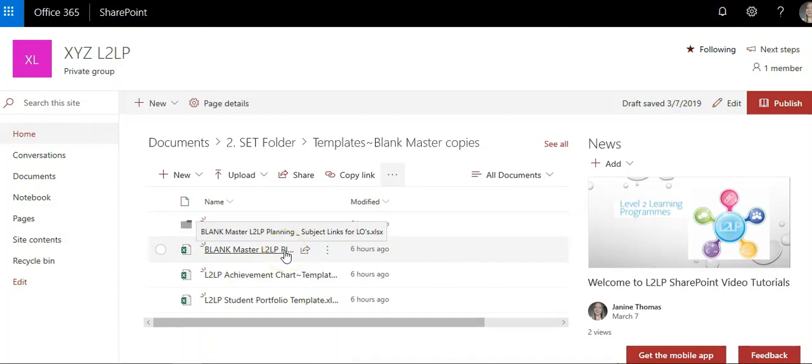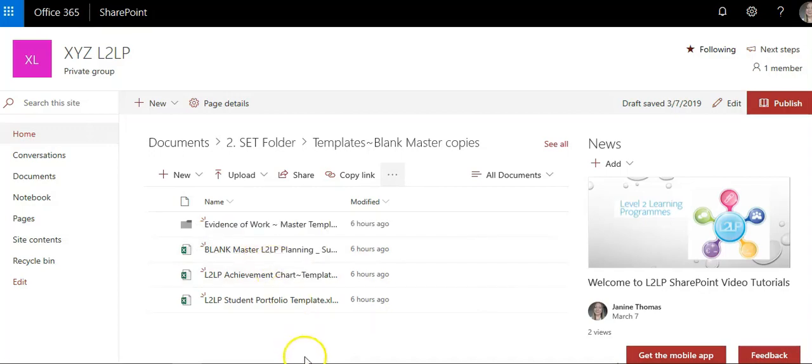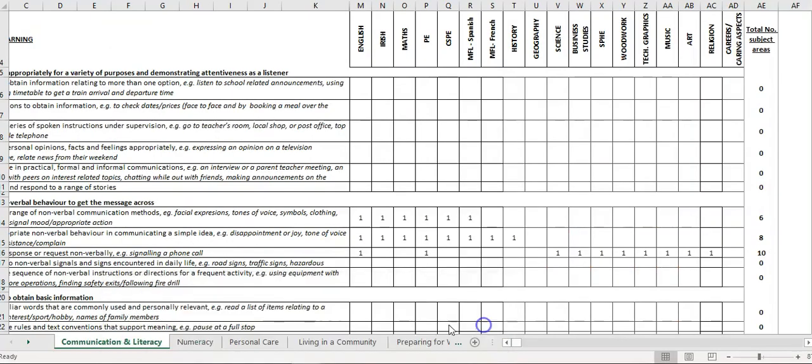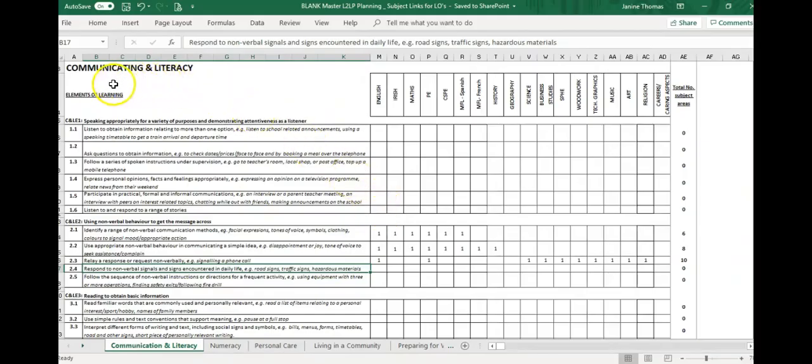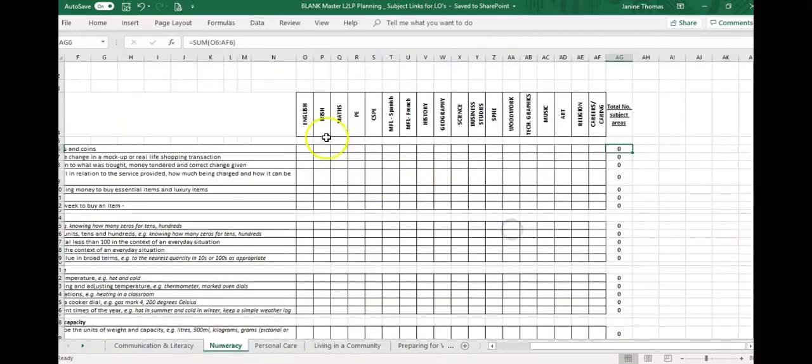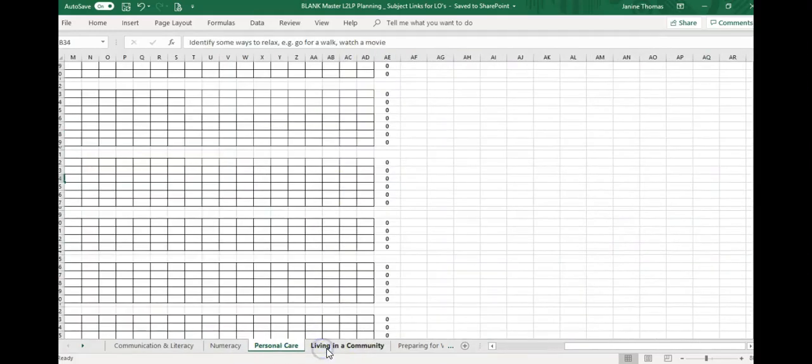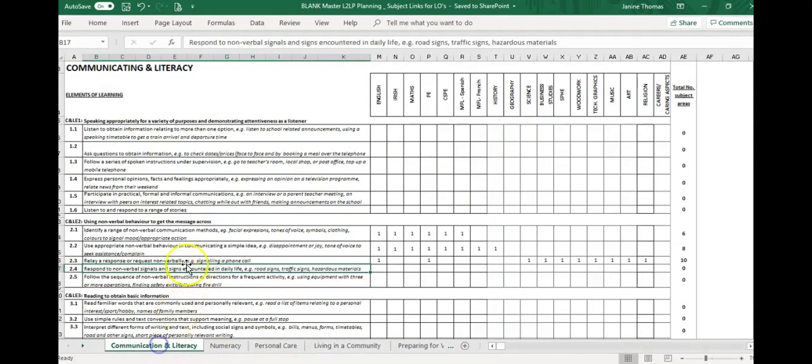To make planning much easier, and that is to link the subjects to the learning outcomes. So if you have a look again, it's an Excel spreadsheet that identifies the PLU. Again, the PLUs are here right on the bottom. Each PLU has its own tab, and as it's a master, the format itself is exactly the same for each of the documents. The only difference is that it will be specific to the elements and the learning outcomes per